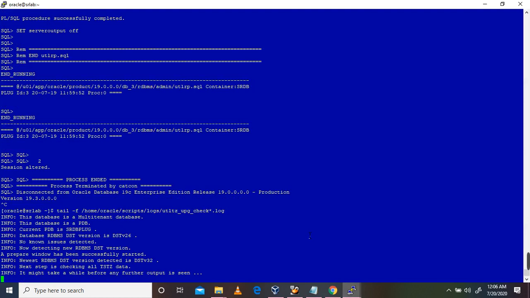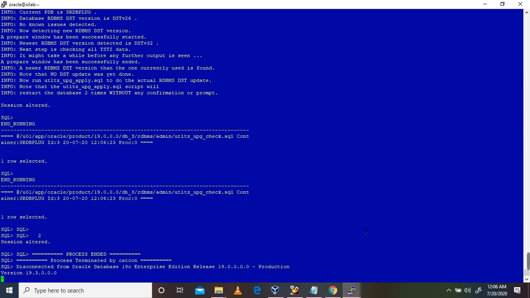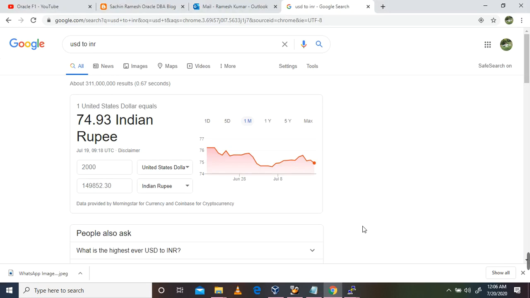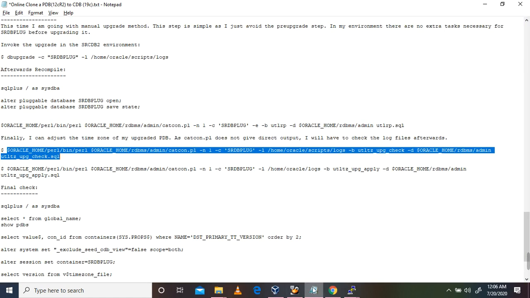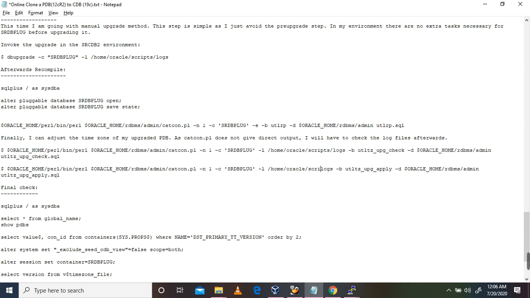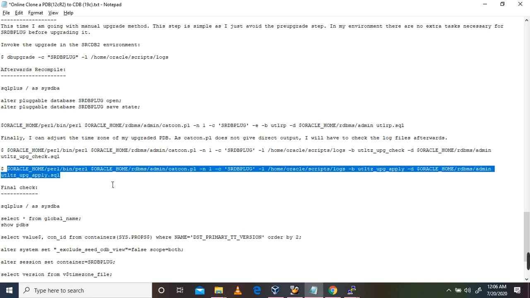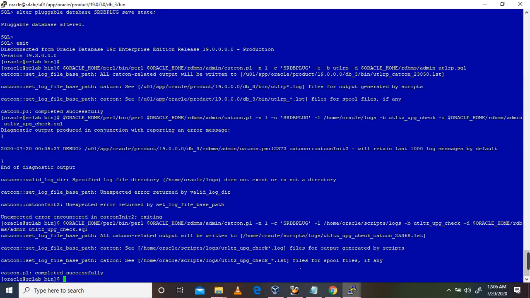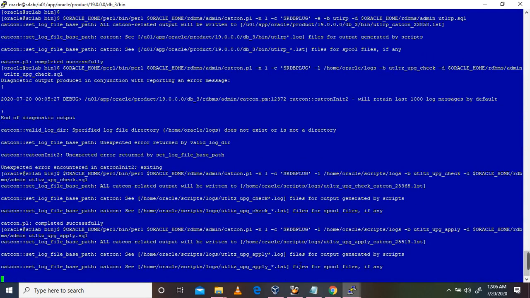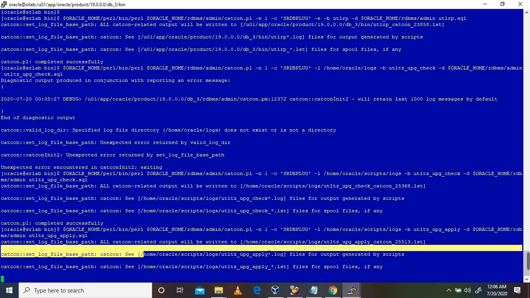So it's updating the time zone. Earlier it is 26. After updating, it will be on 32. So it's completed. You can see this is completed, and next we need to run the time zone apply as well. Here is the log location.